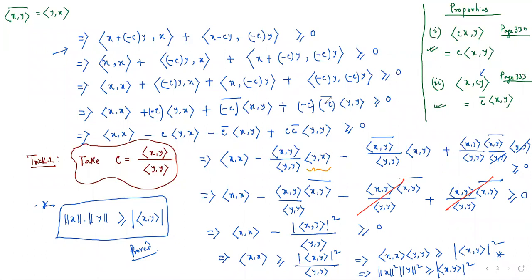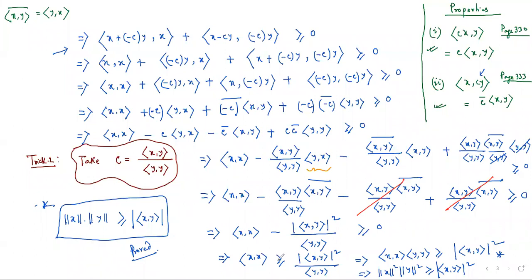Just look at the part where they have written the inner product x comma x, and they have written minus c bar into x comma y. And they have written in the end that we have used C to prove D. They have reformed the things in that particular manner, but their trick is actually the same two tricks. One trick is the starting point, norm of x minus cy whole square greater than or equal to 0, and another trick is the substitution for the scalar quantity c.